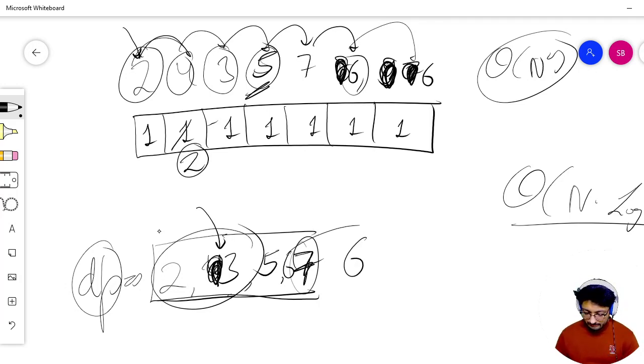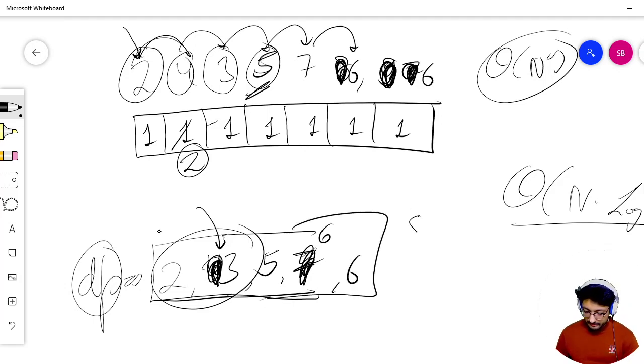So if I replace this number, then only can 6 come at this place, and then 6 can come to the next place. If I don't replace it, 7 still remains at this position, then I cannot place 6 in the middle, and I cannot place 6 here. So the total will become 4 only. But if I place 6 here, then both 6s will be placed, and thus the total length will become 5.